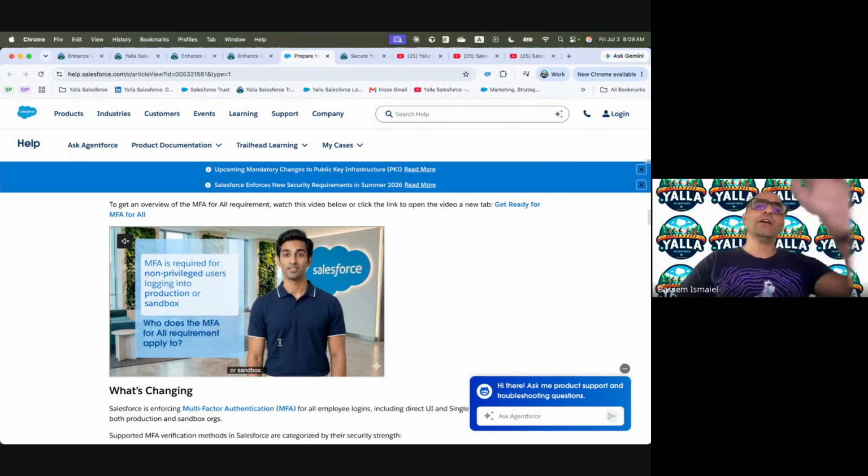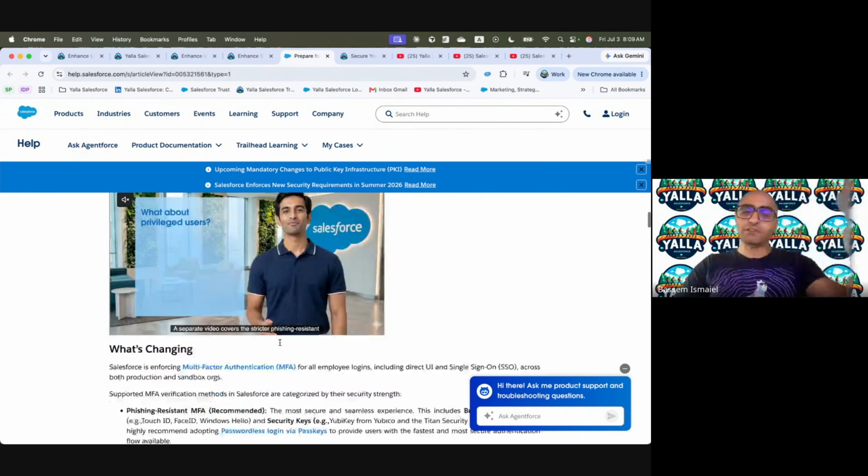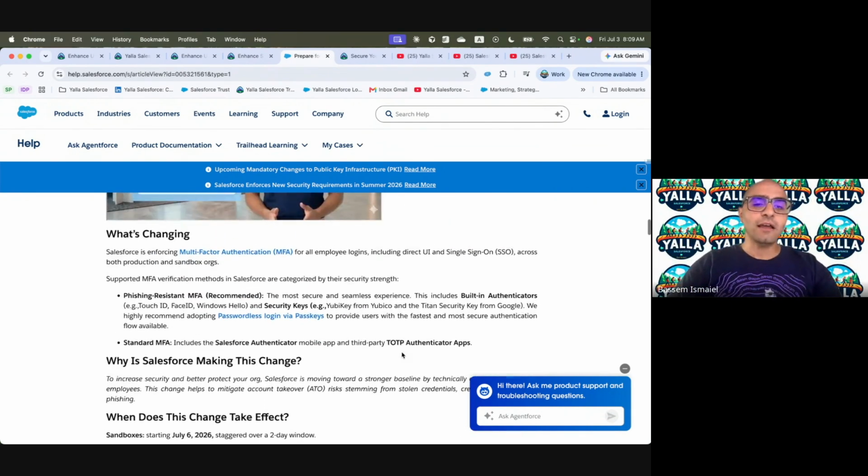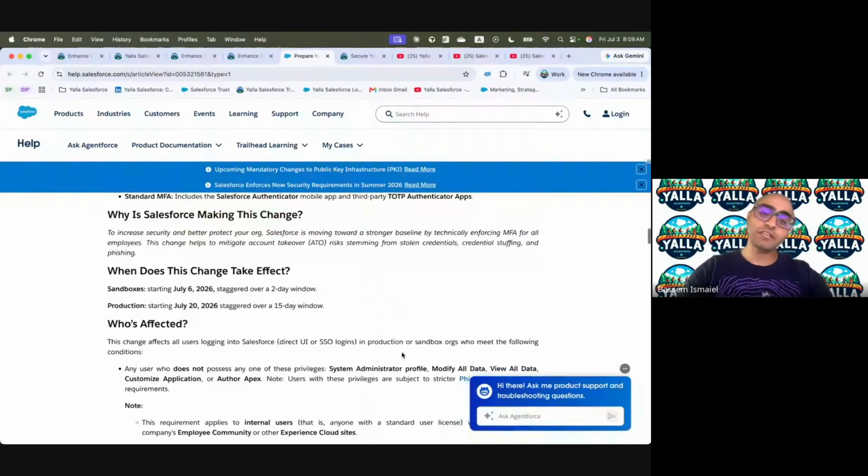We discussed that if you have Modify All or you are a sysadmin and so on, you need to take it to the next level and do the anti-phishing multi-factor authentication, where you need the extra level, which is physical: either biometric using your finger or your face, or having a YubiKey. But if you are a user that just needs to access Salesforce, you can use either the Salesforce Authenticator or time-based one-time password authenticators like Microsoft or Google Authenticator. We discussed the priority for them and so on.